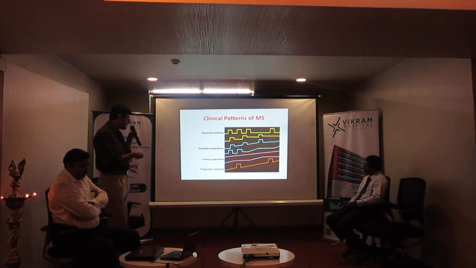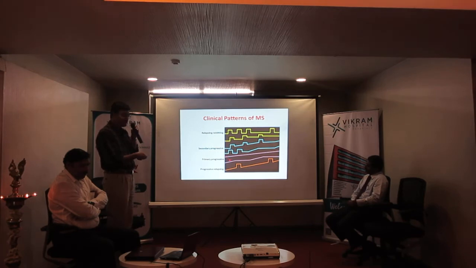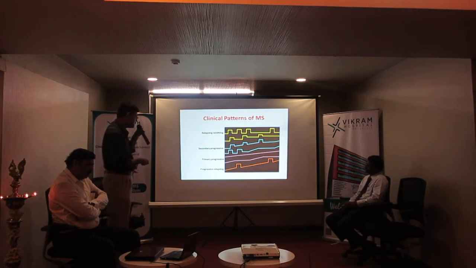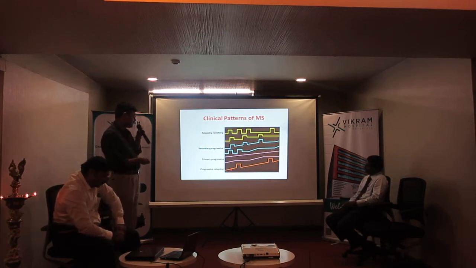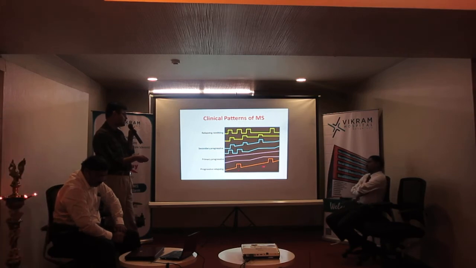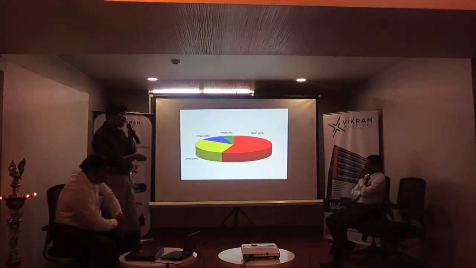The third is a variety that is probably most dreaded by us as physicians. It's called primary progressive, where the person has one episode of neurological symptoms and then there is a pretty rapid or progressive decline of the neurological status. The last one is a relatively uncommon one. Personally, I've never seen this variety. It's called progressive relapsing type, wherein you have a progressive course of neurological illness, which is intermittently worsened by episodes of worsening neurological symptoms that tend to come back.